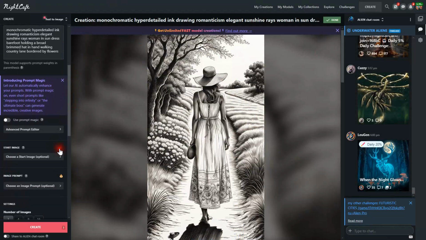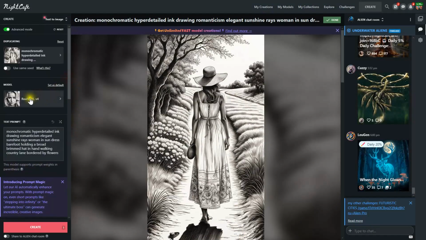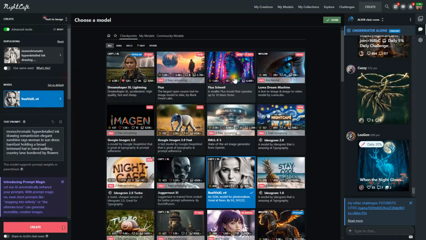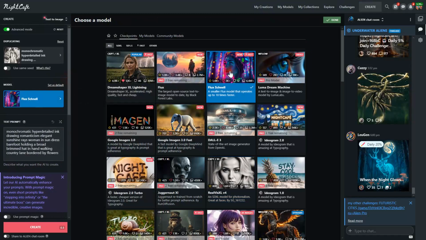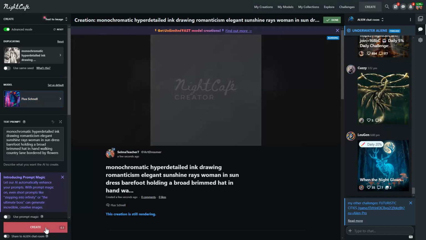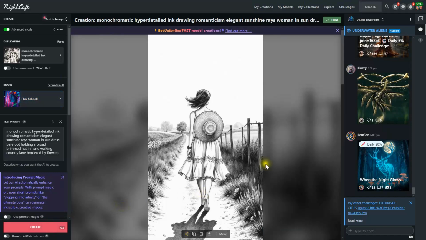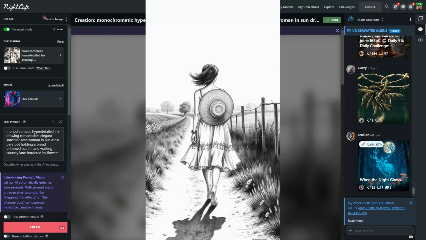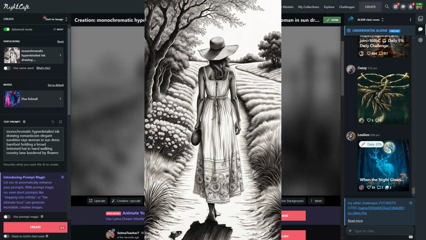So I'm going to delete the start image, come up here to click on Model, and let's use the FluxSnell model, which is new, and just see what it creates. Okay, so that's one of the new models there. It's a beautiful image.